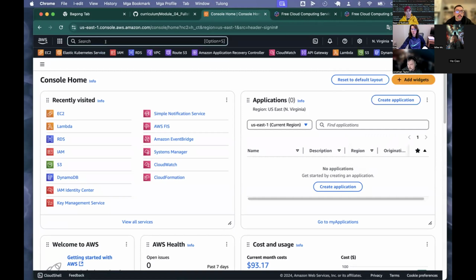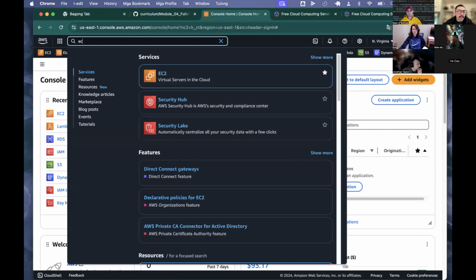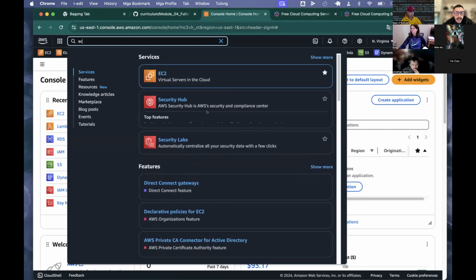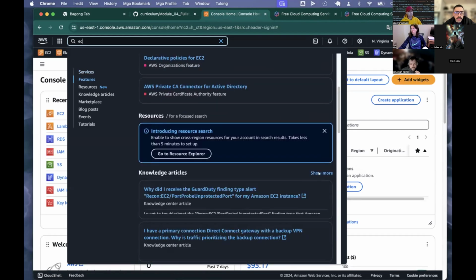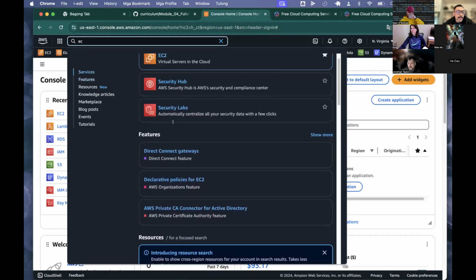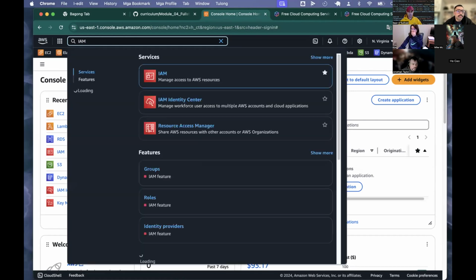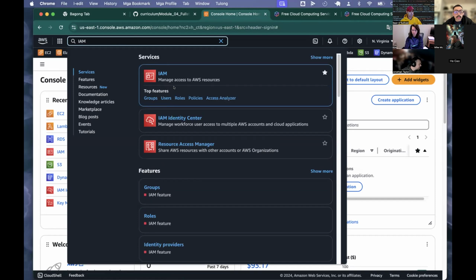And if it asks you to create an IAM account, which I think it will at some point, you'll want to use a search bar to look for different resources. You could use the search bar to find anything. As soon as you start typing, it will expand and show you some suggestions for what you may be typing. And in our case, we want to look for IAM. IAM is the AWS resource, again, for managing